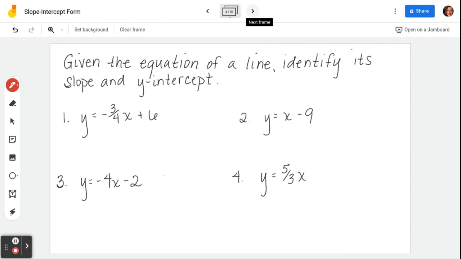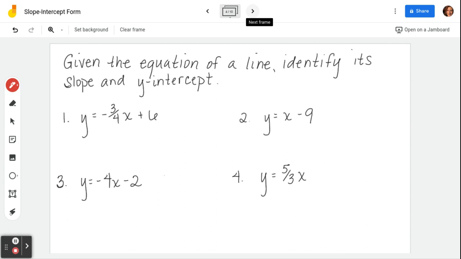Okay, so now we're going to go the other way. We've got the equation. We want to, from that equation, pick out what's the slope and the y-intercept. Slope-intercept form has to have y by itself. I'm going to show you later, if y is not by itself, you've got to take care of that first. You cannot pick out these pieces, the slope and the y-intercept, until your equation says a plain old y equals